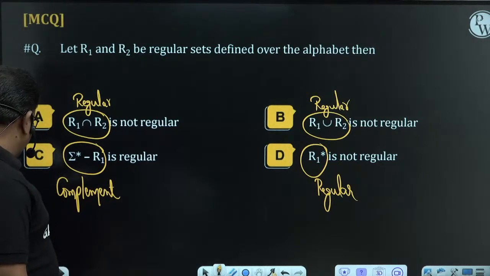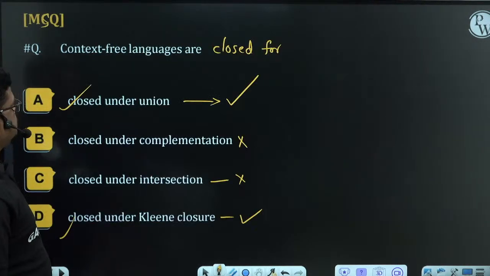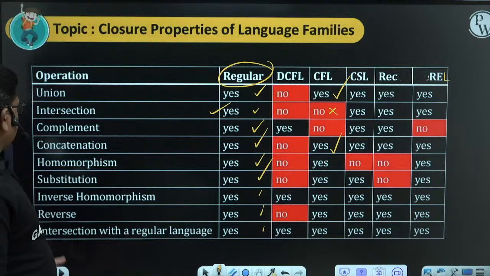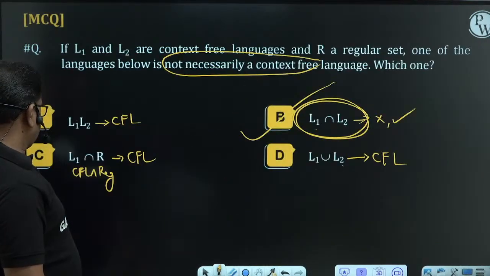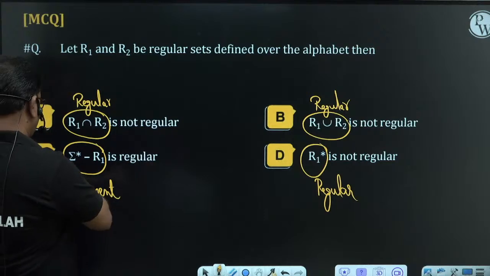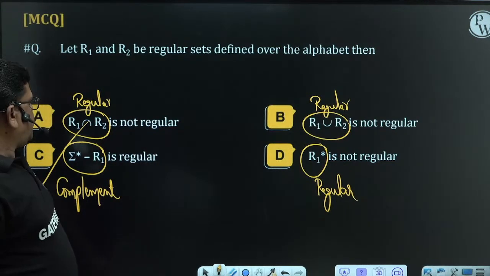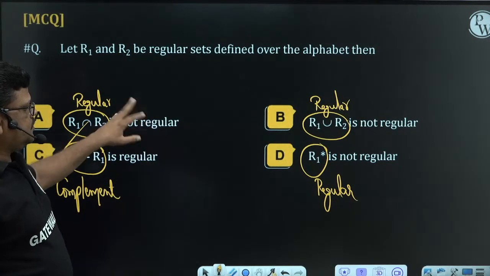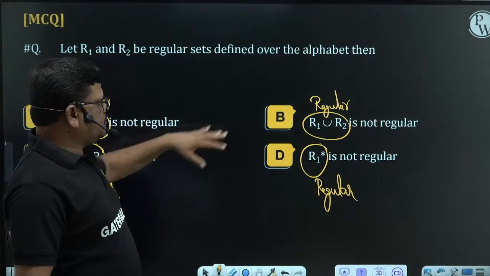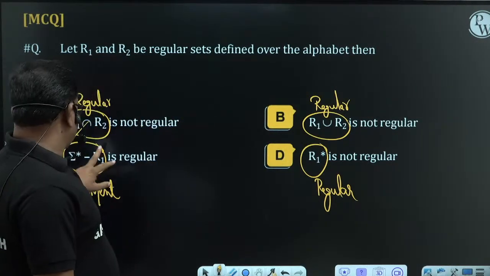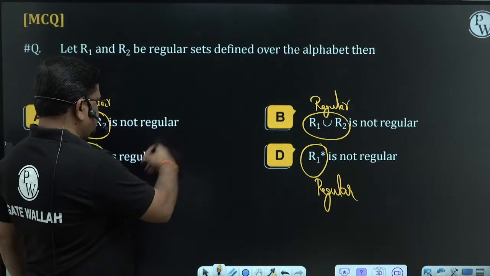What is the complement as per the table? Everything is closed, so complement is closed. So what is the result of this? Definitely regular, so this is true. What he is asking is which statement is wrong, so the others are wrong. Complement is regular is the correct statement he framed here.